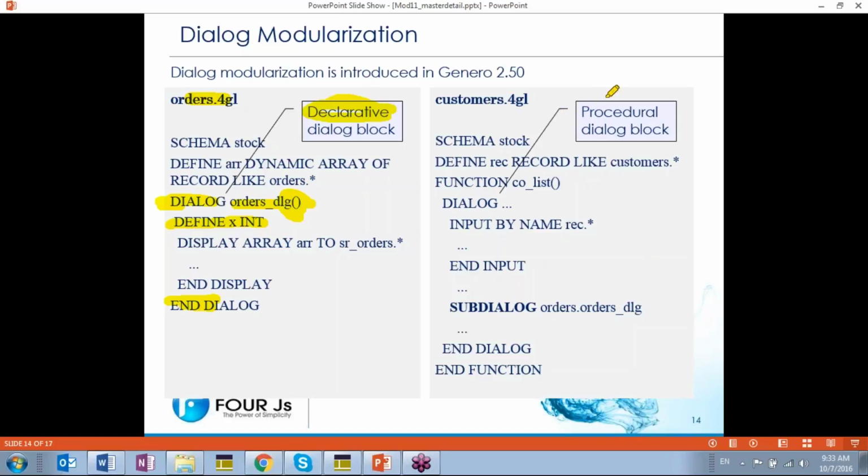Then over here on the right-hand side is what they're calling a procedural dialogue block. And that's just what we saw earlier. The procedural dialogue block is just using the dialogue statement in the code, like we saw in the previous example, to nest multiple dialogue interactive statements, or sub-dialogues we'll call them. So here's the dialogue statement, down here's the end dialogue statement, and then here we have one local dialogue. It's an input by name. And then under here, if you look, we've got the sub-dialogue statement that's naming this one over here,